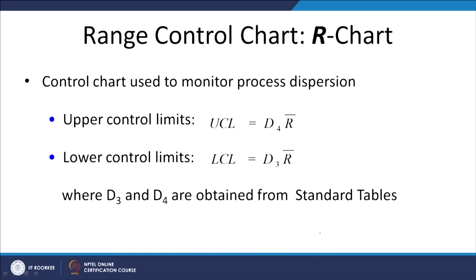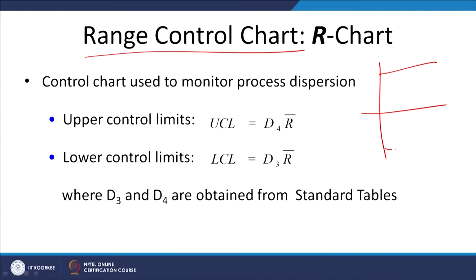Now, we will see the range control charts. Range control charts are developed in the same way, and both the mean control chart and range control chart have to be seen together to make an effective inference about whether the process is under control or not. The upper control limit is identified through D4 into R bar, and D3 R bar gives us the lower control limit, and the range values are plotted for the different samples.